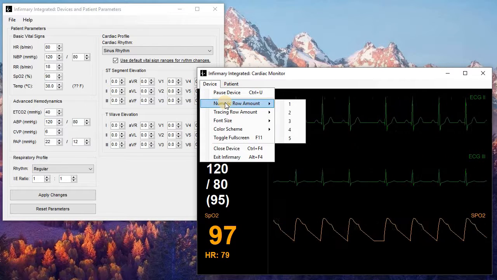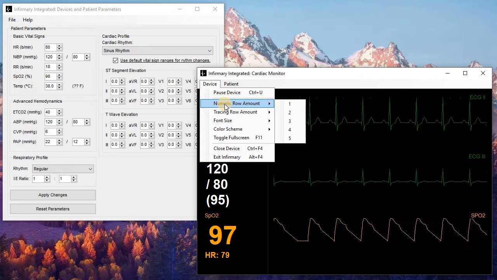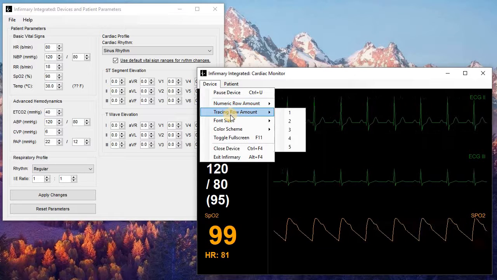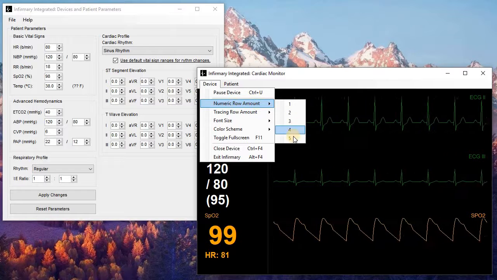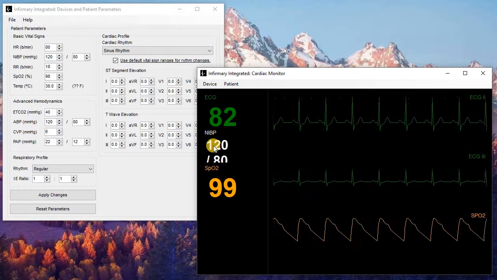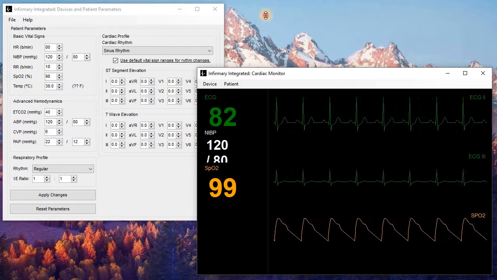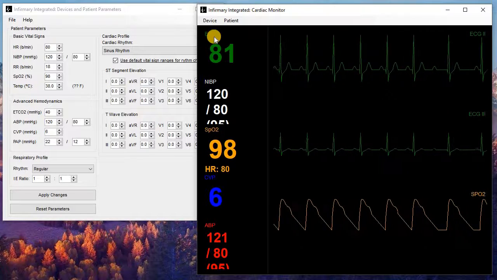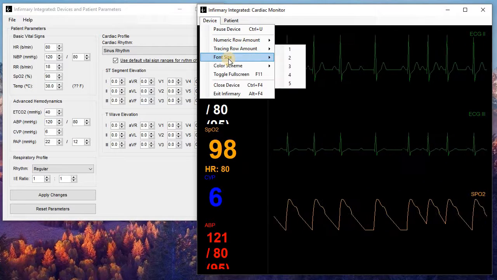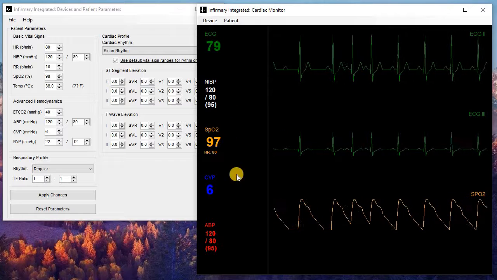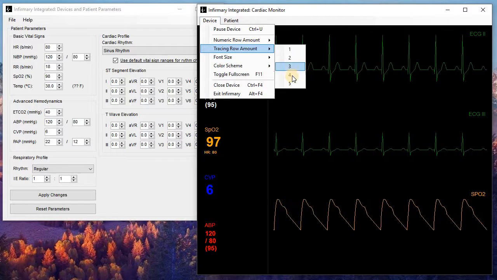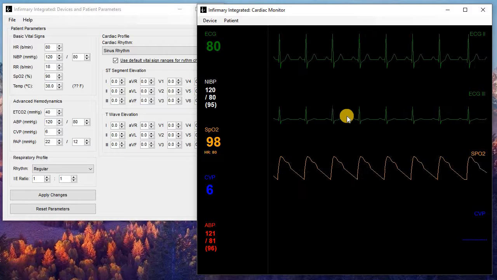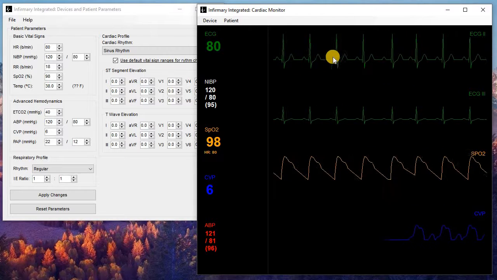You can also change the amount of numerics or vital sign values on the left and tracings or waveforms on the right. So, for example, I will set 5 vital sign numbers. As you can see, they're being cut off. I can change the size of the window, but they're still cut off a little bit. So I can change the font size to small so that they all fit. Similarly, I can adjust the amount of waveforms,